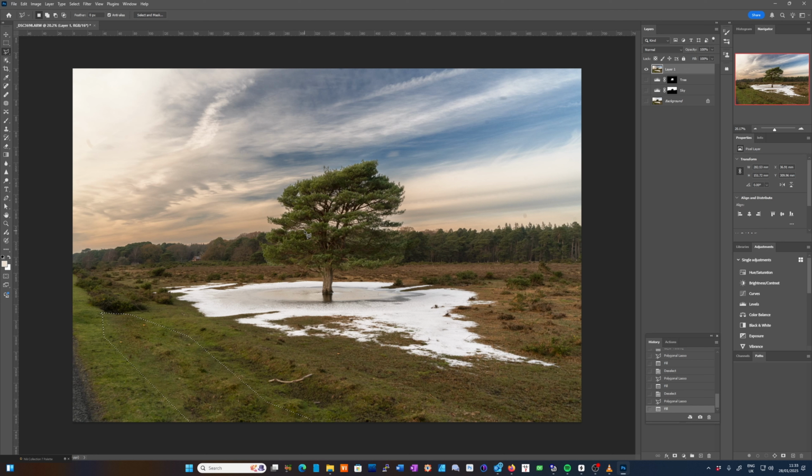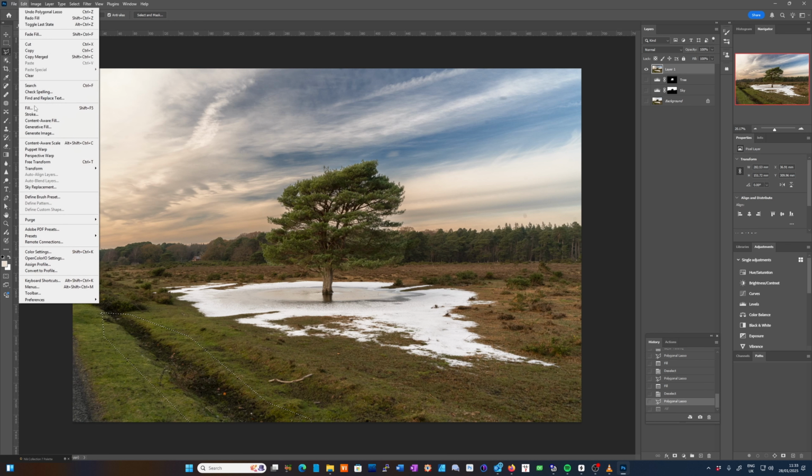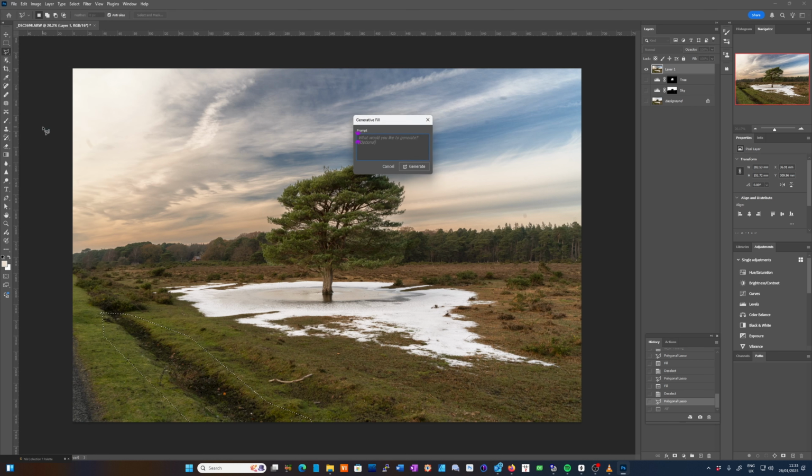If you get a problem, what you could also try doing, Control Z takes you backwards by the way, is make the selection again, and instead of using content aware fill, use generative fill, which is an AI resource, and it will then generate a fill in much the same way as content aware, but it's a little bit smarter. Sometimes it's too smart for its own good. So we could do it with nothing in there as a prompt. So we'll try that